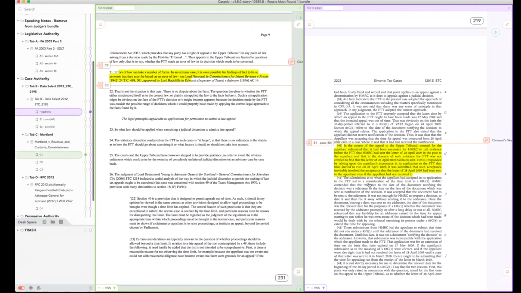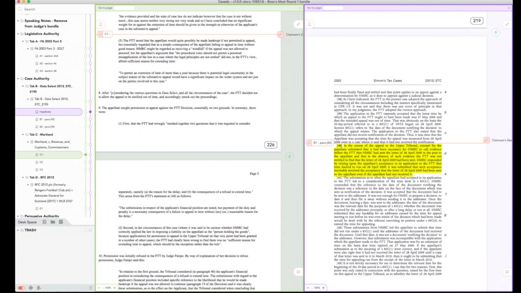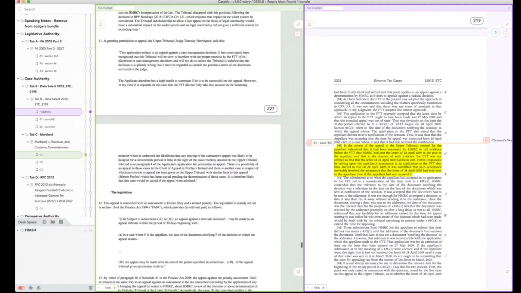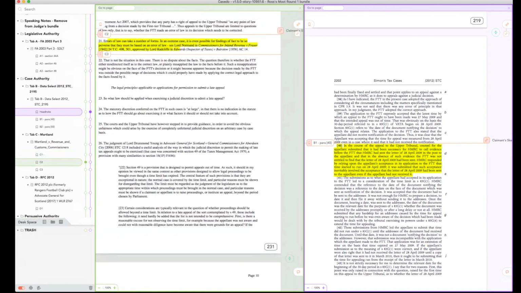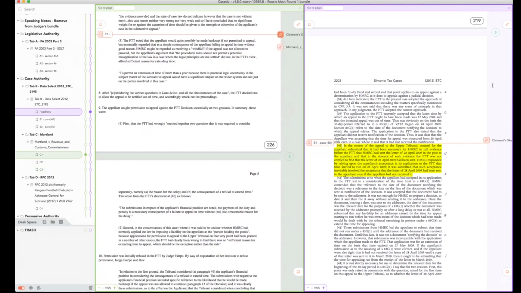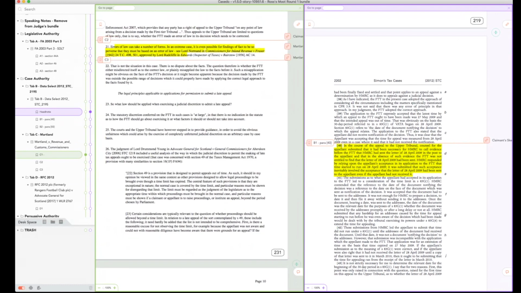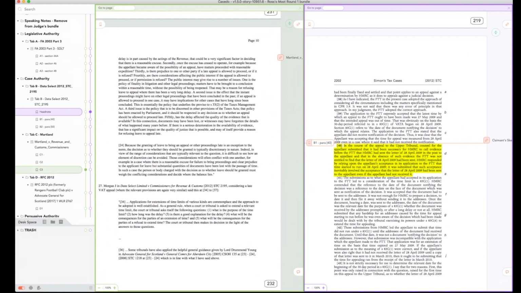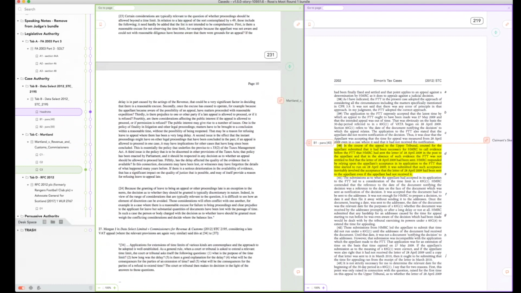What you can do sometimes, for example, is link to the next paragraph. So you could push a link there and then go to C2 and then add a link to C3. This might be useful if, for example, you wanted to take a judge into a paragraph and then say, if you go down to paragraph 21 of that case, and then if you go down to paragraph 26 of that case, and you can jump through a decision like that. It can also be a way to use things. They're very flexible.